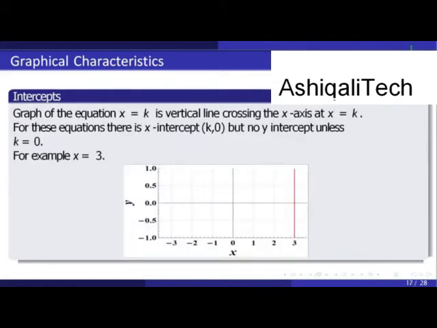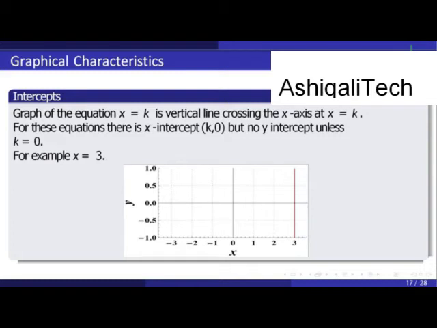Dear students, now represent the graph of equation x is equal to k, which is a vertical line crossing the x-axis at the point x is equal to k. For these equations, there is x-intercept (k, 0), but no y-intercept, because this line is not crossing the y-axis unless k is equal to 0. For example, if you take x is equal to 3, you will see the following line